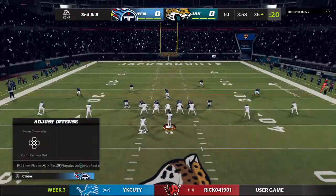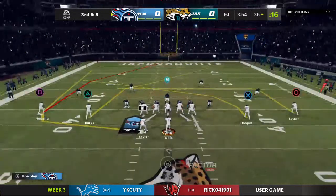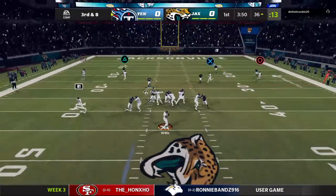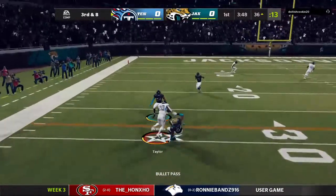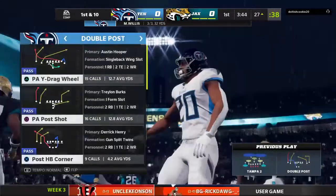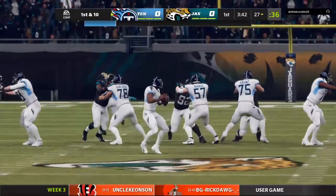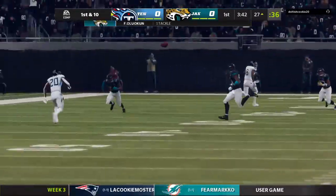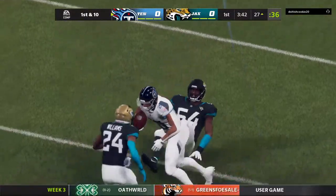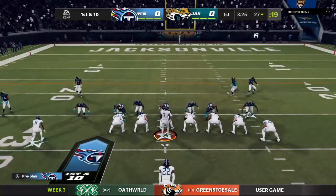7th play of the drive, forthcoming on 3rd and 8. To throw. Willis will get this out to Taylor. And brought down, but not before he was able to break the tackle, and the extra effort moves the sticks. Nice job keeping that opening drive alive, and they're in plus territory, that part of the field where you really want to convert on 3rd down. They did. Big time pickup for them, and now I think the aggressive play callers think to themselves, this part